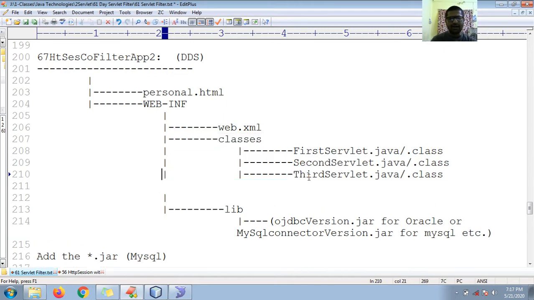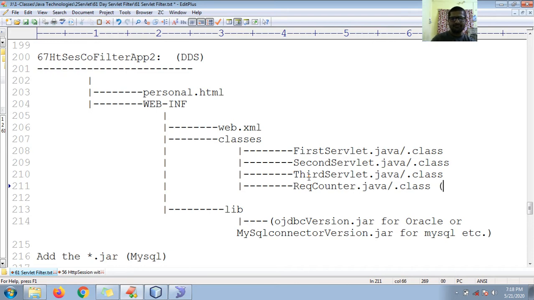Also, we need to add one filter. What is the filter? I'm trying to add a filter whose name is request counter, or you can call it request filter.